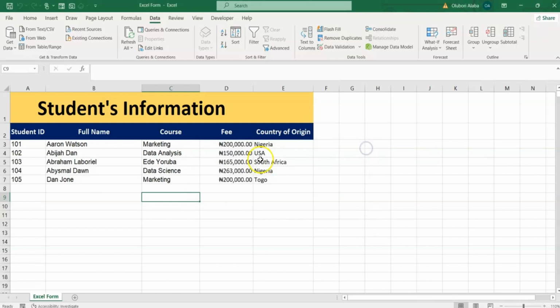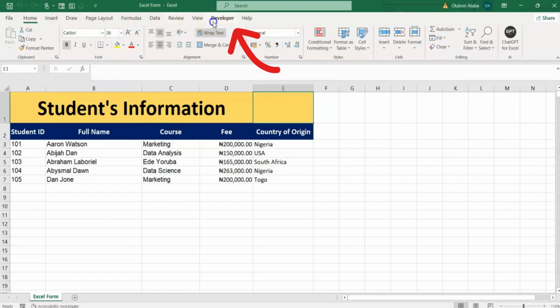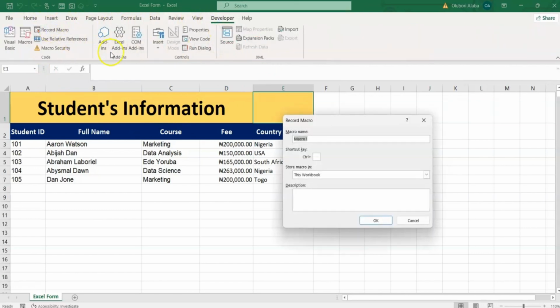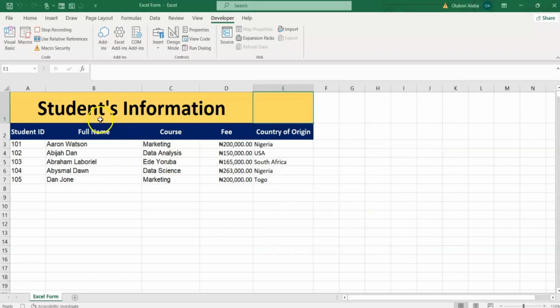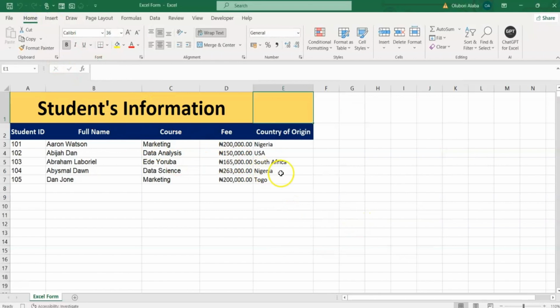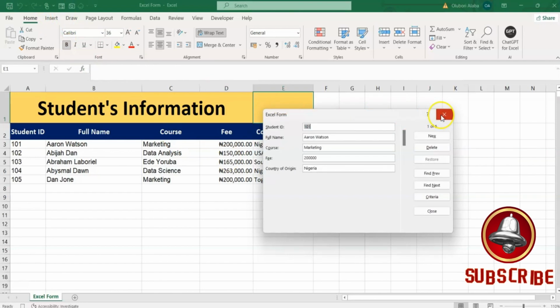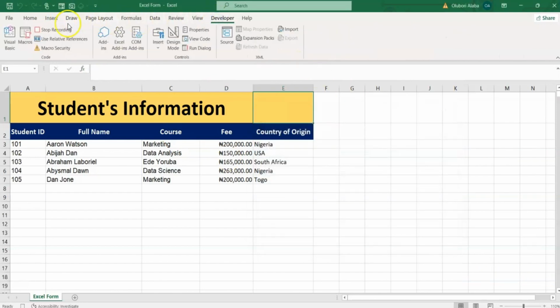Now you can record a macro that can actually help you to launch your form. For example, this is what I will do. I will simply go to my Developer tab, and then I'll click on Record Macro, and then I can name it, let's say, launch form. That's the name I want to give to it, and then I'll simply click on OK. Now my macro has started. Within my macro, I will simply click on the form, and then I will close, and then I will stop